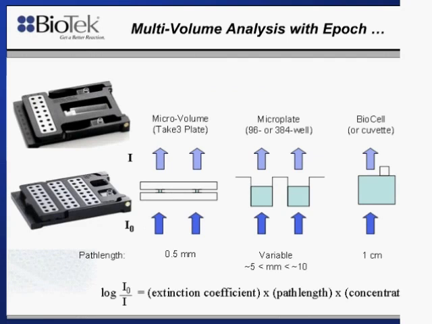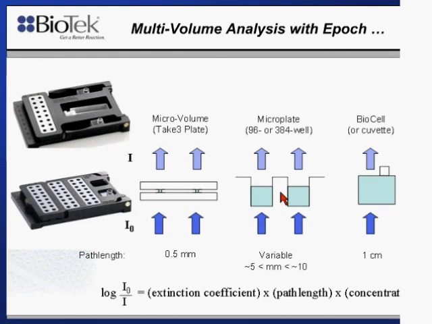So I think it's important to understand the differences between the three methods and what makes them the positives and negatives of using each type of vessel. If we first think about the standard BioCell, which is a 1 centimeter path length vessel, or a standard cuvette, we have a fixed surface both at the top as well as the bottom, which defines our path length of 1 centimeter. If we then think about a microplate, which has one fixed surface down at the bottom, the path